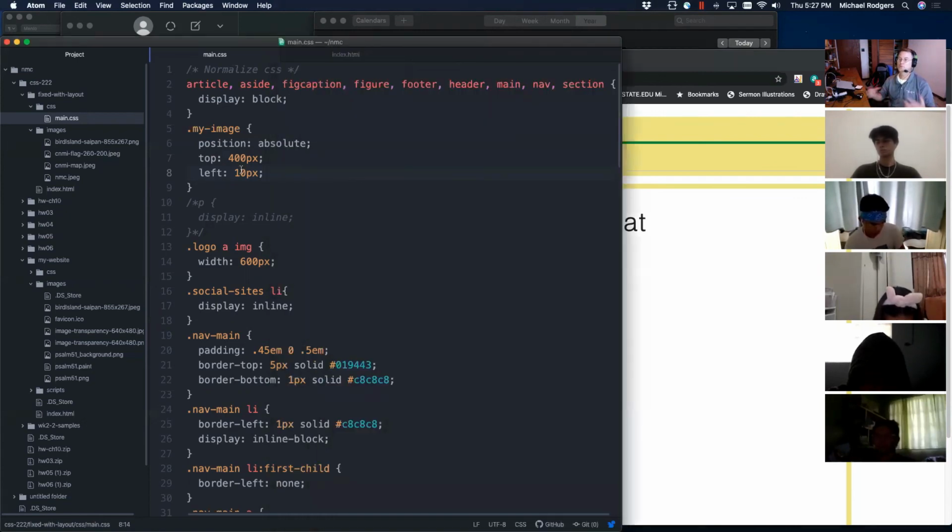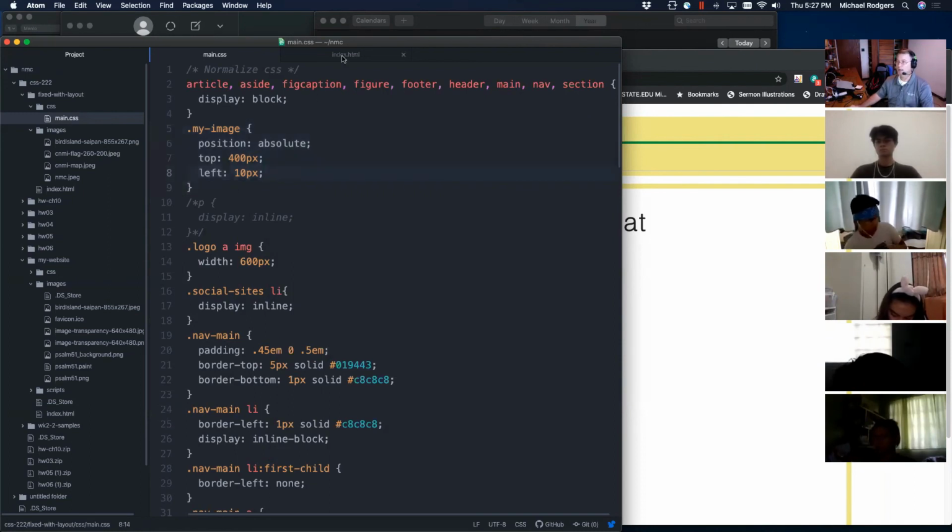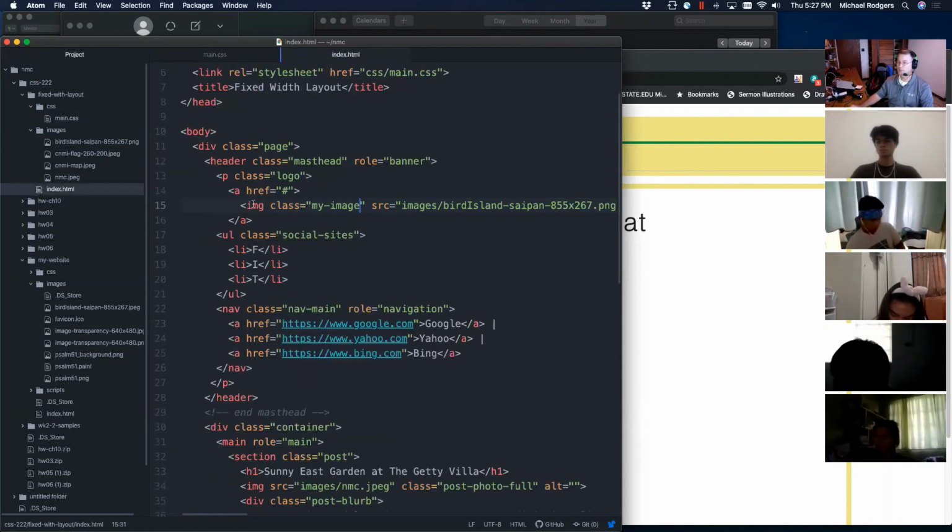Absolute gives you a way to move things around when it's necessary. I'm going to tell you, though, that it's almost never recommended to use positioning in this way. If you're going to use an absolute, it's recommended to nest the absolute location in something that in general will be fixed and unmoving. So let's go back to my index here. I have the